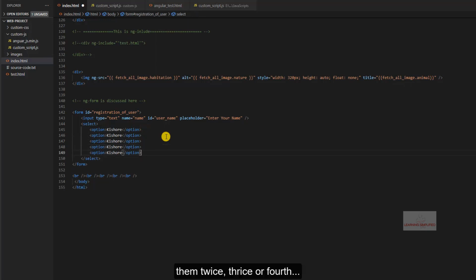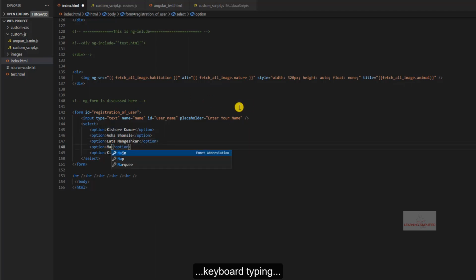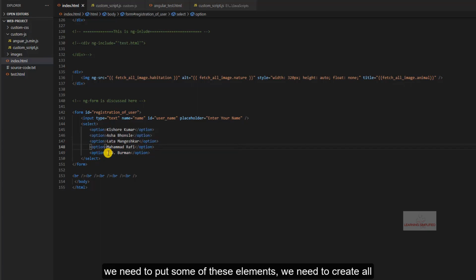We will be pasting them twice, thrice, or fourth or fifth. So we need to put some of these elements. We need to create all these options here, and what it is exactly going to do, let's have a save of this document